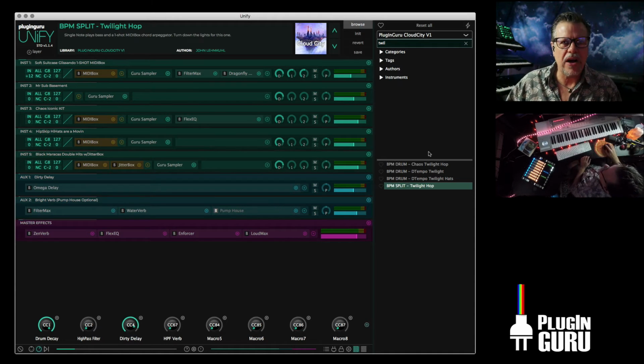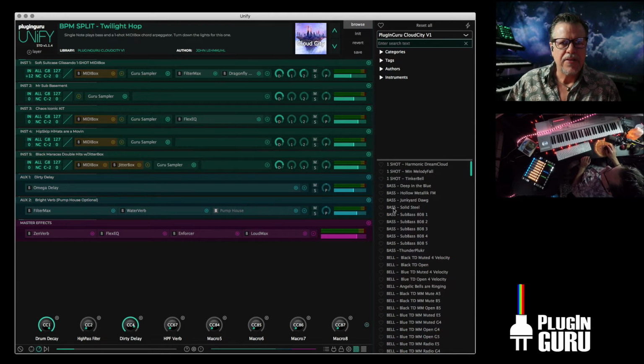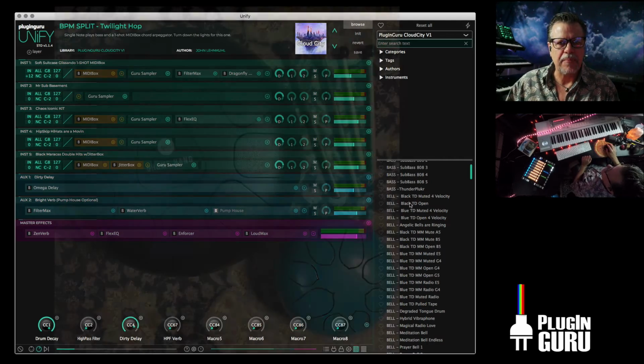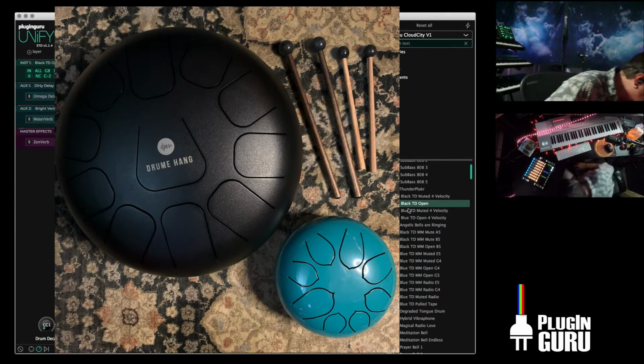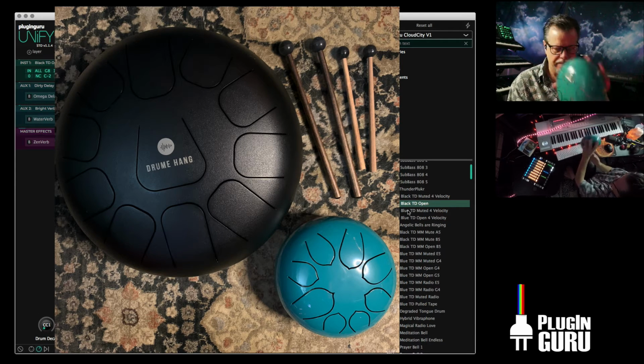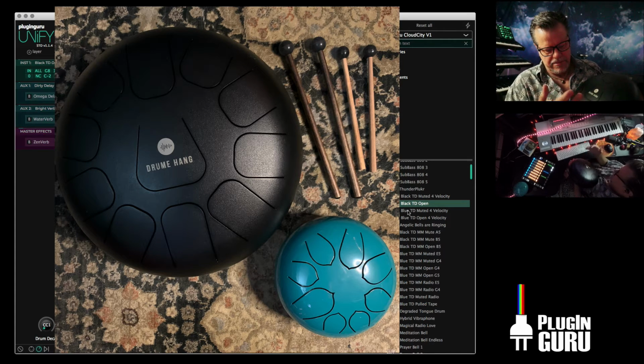So the one shots and how they can be used to make creative things like that. There's bells, like all over the place, lots of really cool bells. You need bells in the clouds. Tongue drum is where this library actually started. I recorded both a black and a blue tongue drum. They're right here. The blue one has 8 different tongues. The black one has 11 tongues, and